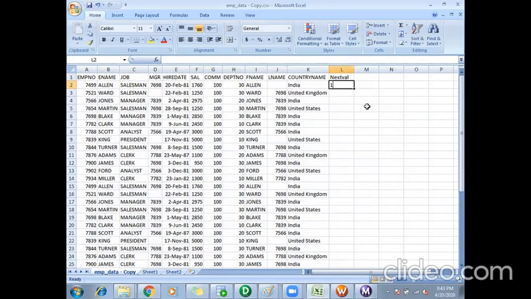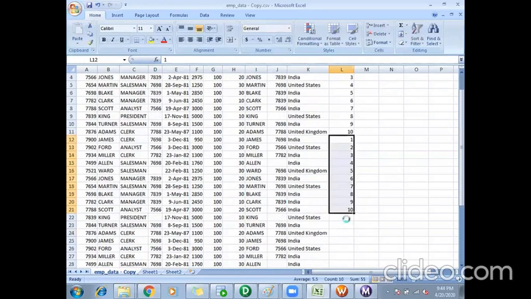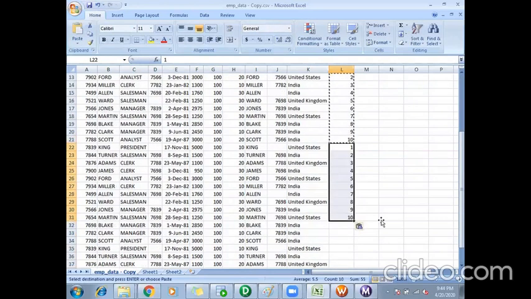So the sequence will be generated like this, and after 10, again I have to start with 1.